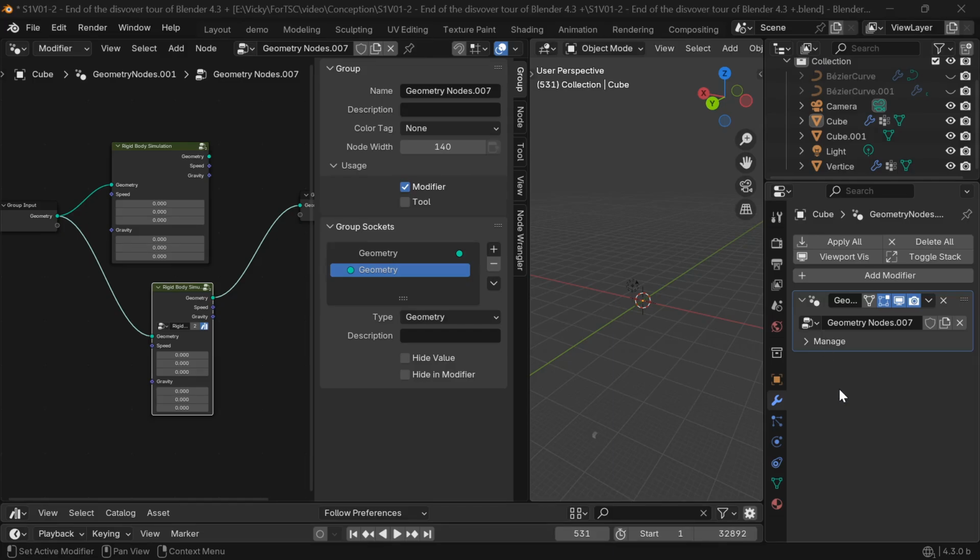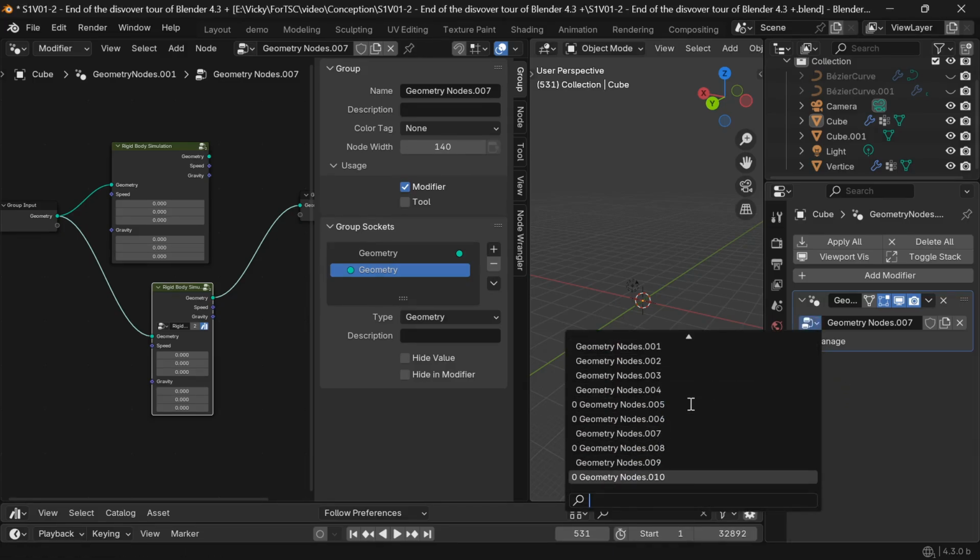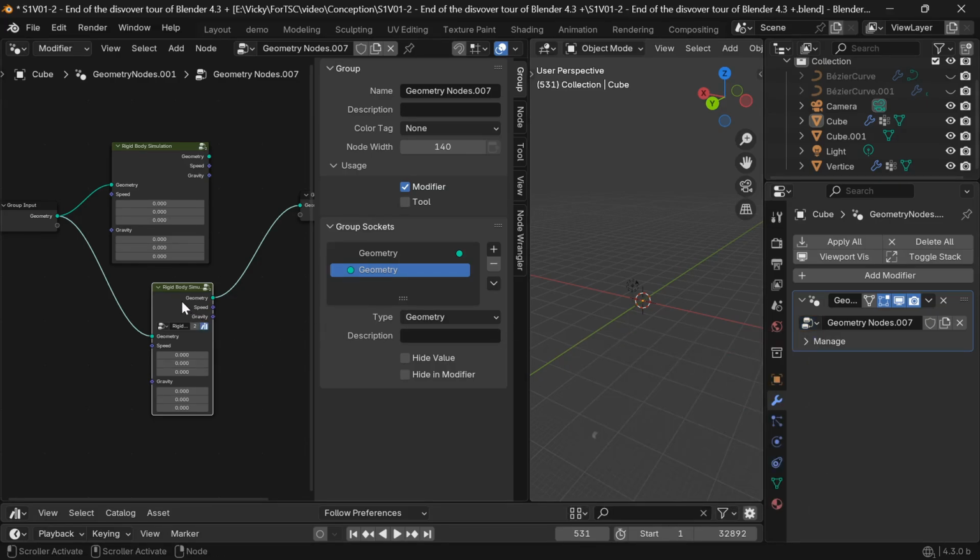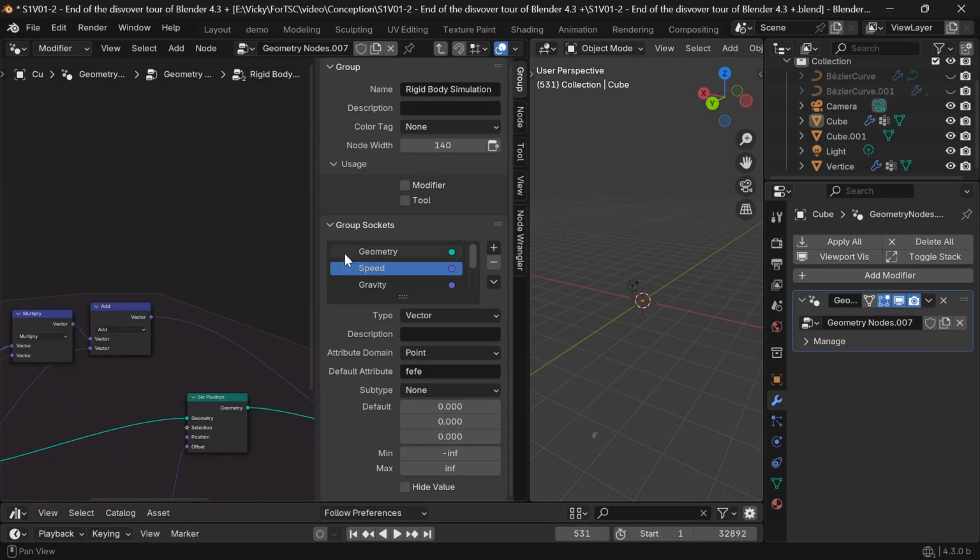As you can see, we cannot use the group we created in the modifier directly. To be able to do that, let's see the node settings panel of our node group. We focus for now on the two first tabs in the panel, the group and the node one. In the group part, we change the name for something better, freefall rigid body simulation. I add a description to indicate that the simulation is in an empty space without air friction. Since this group manipulates the geometry, I add the color tag of the geometry node category. I leave the default width and I tick the modifier box. It's this setting that allows us to use the group directly in the modifier.